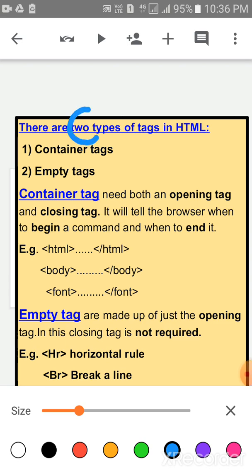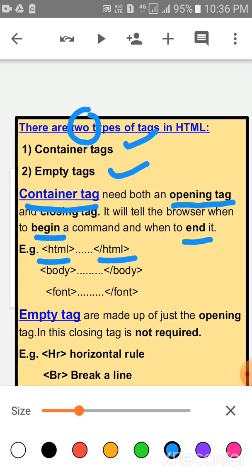Now, children, there are two types of tags in HTML language: container tag and empty tag. Children, container tag needs both an opening tag and a closing tag. It will tell the browser when to begin a command and when to end it. Example, this is the opening tag of HTML and this is the closing tag of HTML.